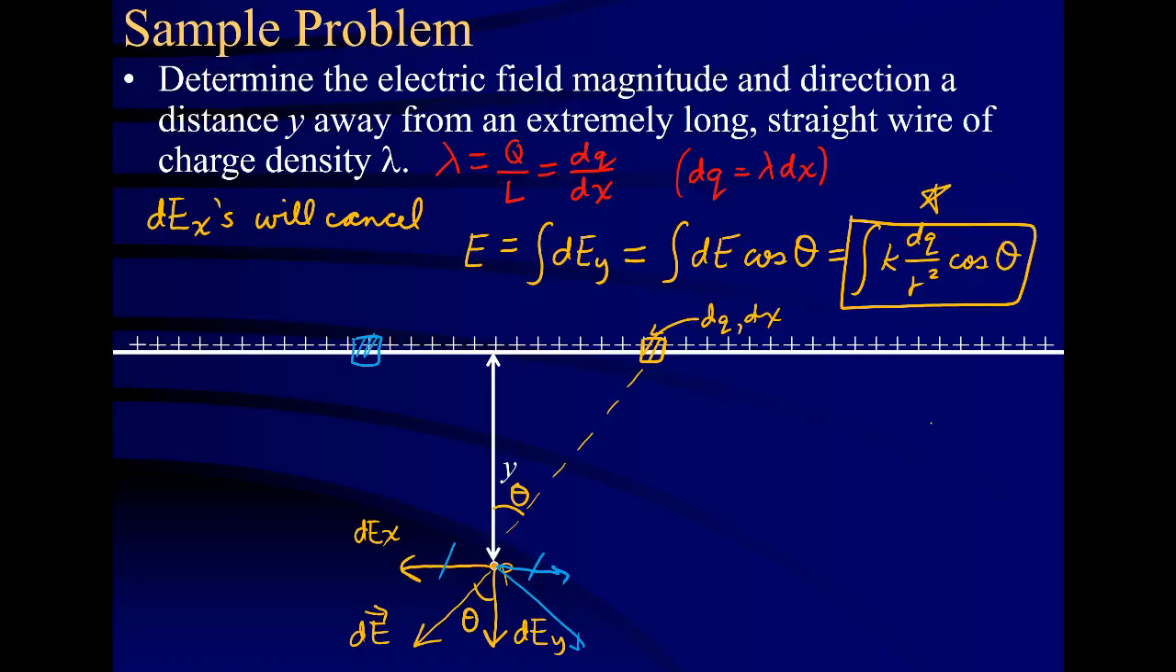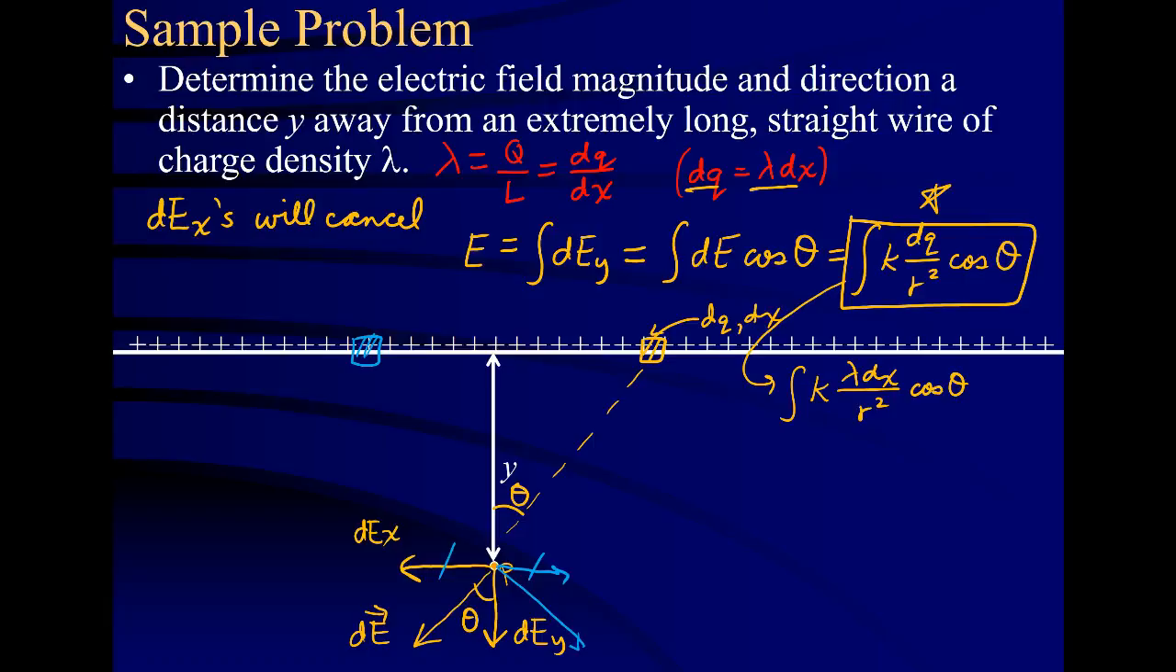Now the next step is we're going to have to do a little bit of rewriting here. One thing we want to do is write this as the integral of k, but instead of dq, we're going to use lambda dx, over r squared times the cosine of theta. Now at this point, we're going to need to carry out this integral. The problem is that we have basically three variables: dx, theta, and r, all of which are not related to each other very